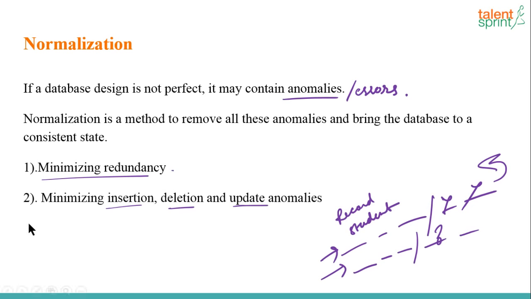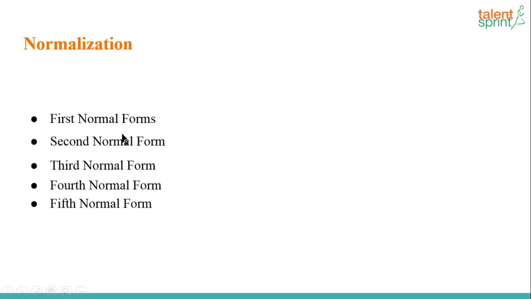So removing these anomalies and redundancies from your database and making it perfectly correct so that anytime anyone checks anything in your database, the output always comes out correct. It is known as normalization, and there are multiple forms to normalization. We have first normal form, second, third, fourth, fifth, and someone just pointed out on the chat that we have BCNF also. I'm not going to discuss all this in this session. Maybe the next session I can take upon normalization next Thursday, because normalization takes a lot of time to explain, guys, and we are already running out of time.